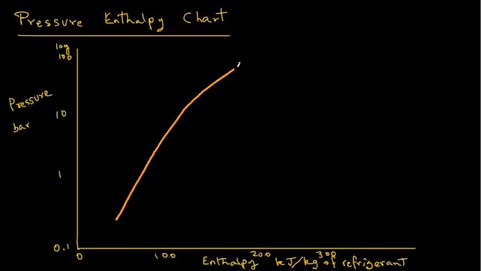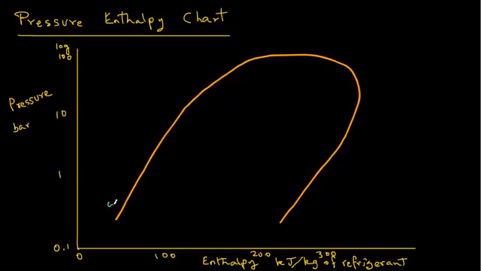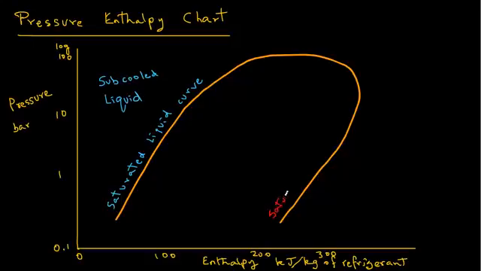Next we draw a bell-shaped curve skewed to the right. Now the left side curve we will label as saturated liquid curve. Any point on that curve represents saturated liquid state. On the left hand side, the region is for subcooled liquid, and the right hand curve we will label as